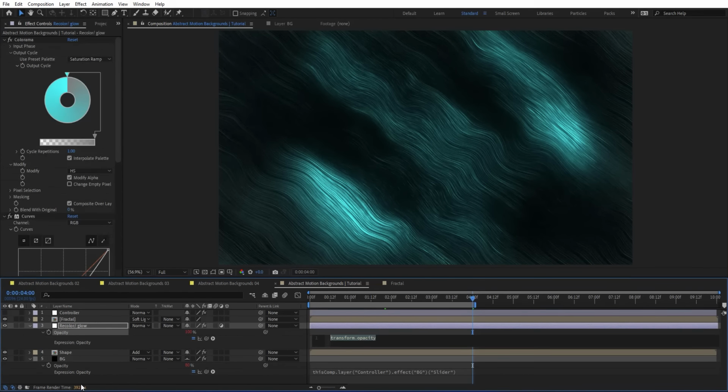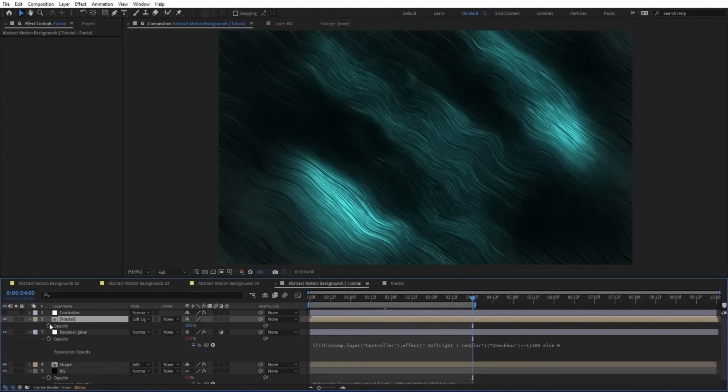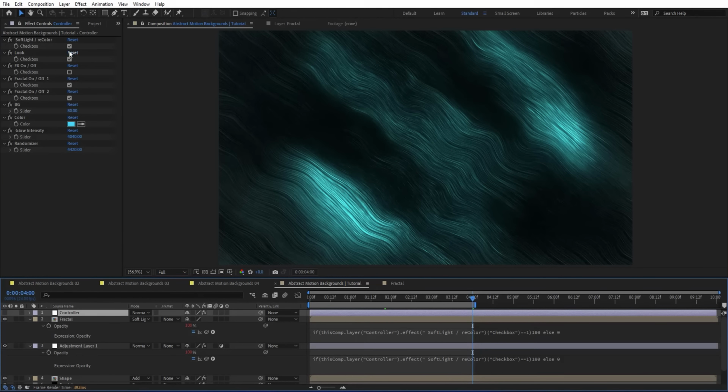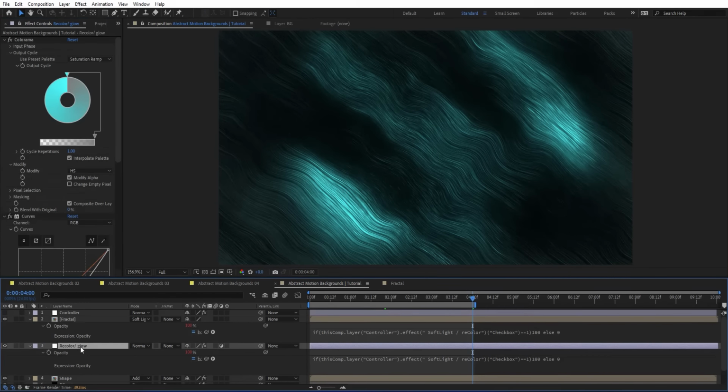So just using an if statement and link this basically with this checkbox here, equal 1, 100 else 0. Just copy that, and we want to use it on fractals as well. So we want to control that from here for both,